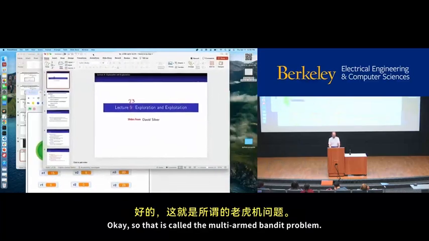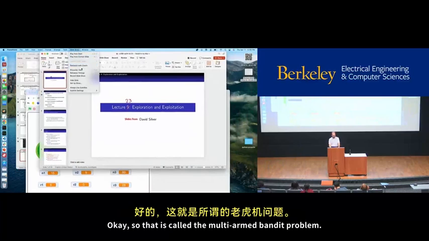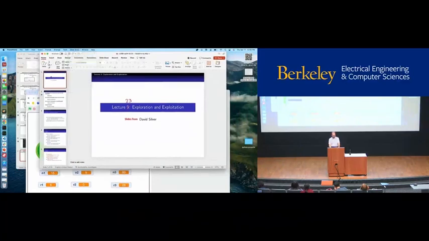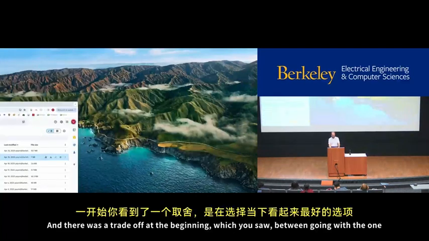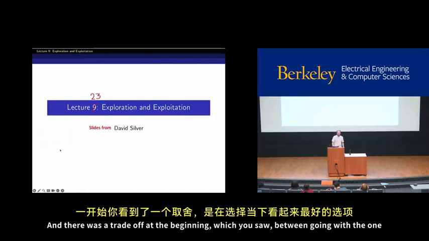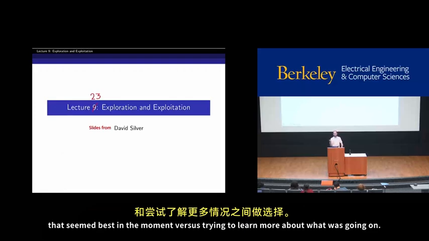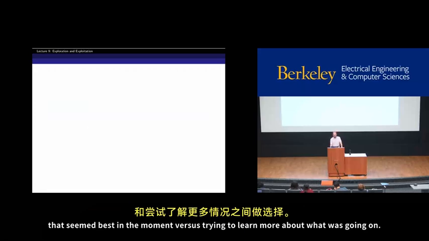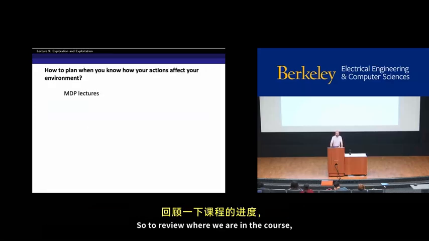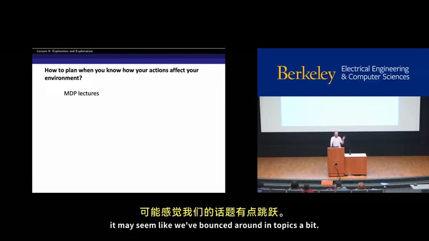Okay, so that is called the multi-armed bandit problem. And there was a trade-off at the beginning, which you saw, between going with the one that seemed best in the moment versus trying to learn more about what was going on. So to kind of review where we are in the course,